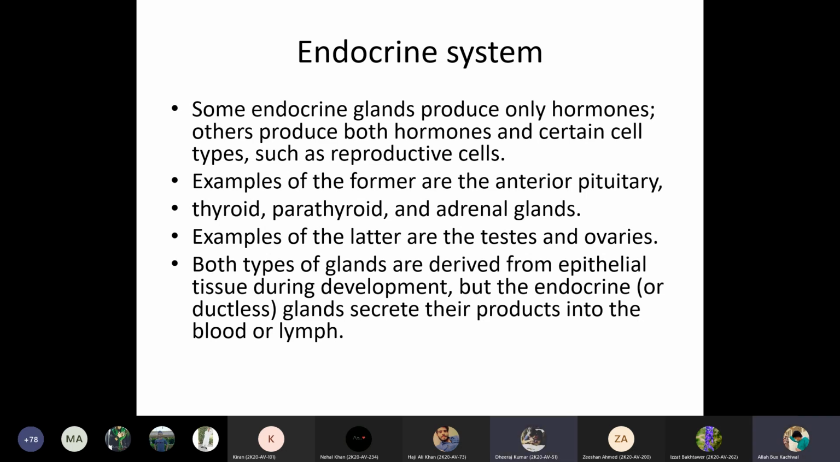सिर्फ एंडोक्राइन ग्लैंड्स हैं, लेकिन वो रिप्रोडक्टिव सेल्स पैदा नहीं कर रहे हैं। उनमें एंटीरियर पिट्यूटरी ग्लैंड आता है, थायराइड ग्लैंड आता है, और उसके अलावा एड्रिनल ग्लैंड आता है, पैराथायराइड ग्लैंड आता है। इसलिए जो एग्जाम्पल है